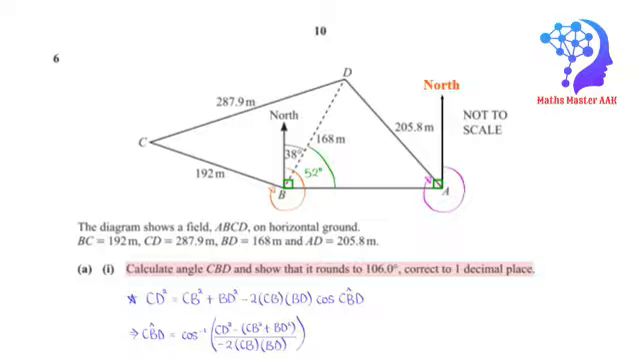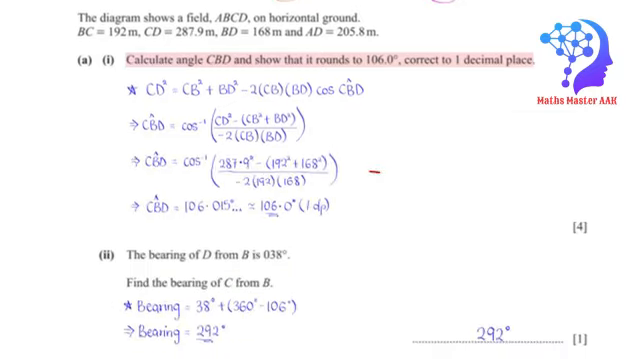To find angle CBD, we can apply the cosine rule. And so when we apply the cosine rule and make angle CBD the subject, we have cosine inverse of CD squared minus the sum of CB squared and BD squared, divided by negative 2 times CB times BD. When we slot in the values of CD, CB, and BD given in the question, we get angle CBD is equal to